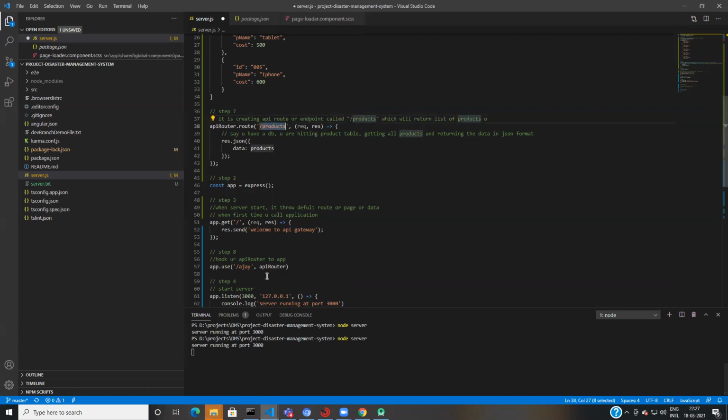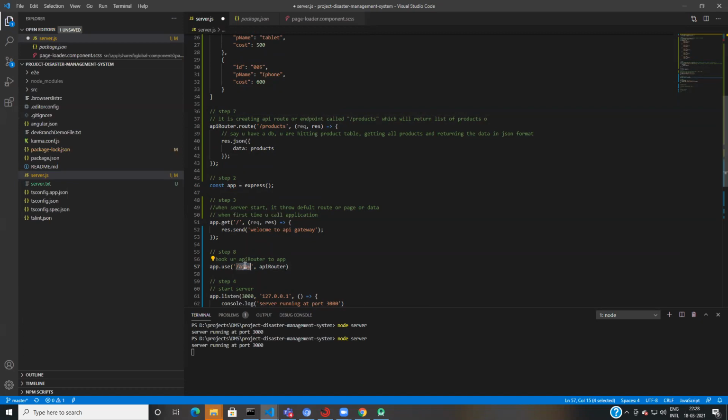I'm going to create a few more endpoints today. So now in step 8 I have hooked my API router, because this will have all the endpoints, all the routes. So I'm hooking it with my application, with my server file, so that it will get activated.